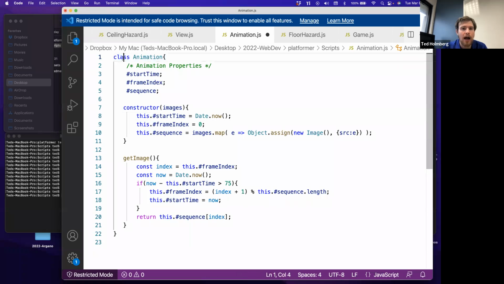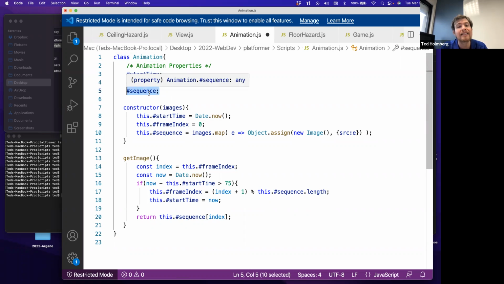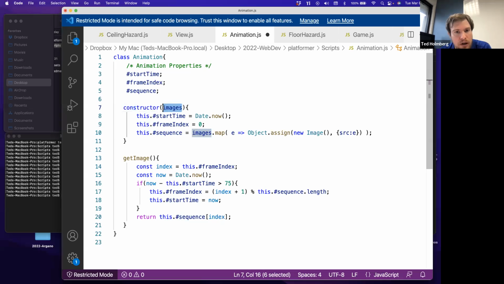We're defining a new class that we'll call Animation. We're going to open and close scope here. Our class has a couple of animation properties, so these are instance variables. We're going to have a start time, an index into which frame we're currently on, and a sequence, which will be a list of frames. And so when we define our constructor to initialize these three properties for any animation,